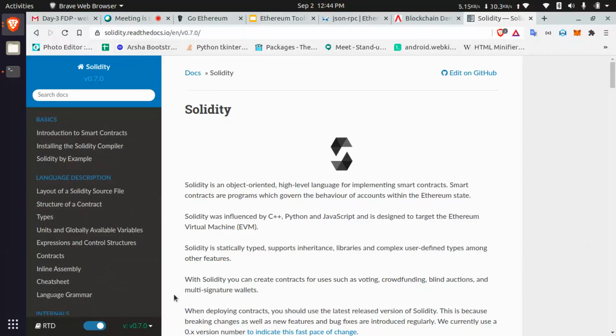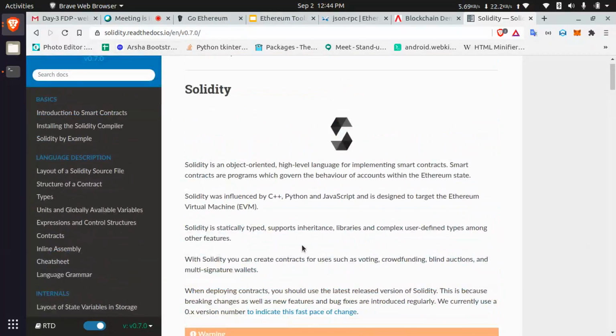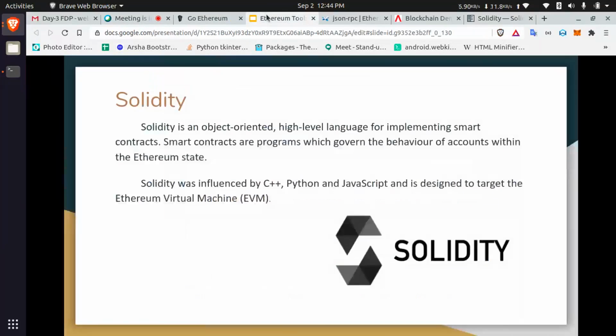This is like Java, a Python kind of language, and it also supports inheritance and abstract classes, which we will see in further classes. Any doubts regarding Solidity as a language? It also accepts OOP concepts.